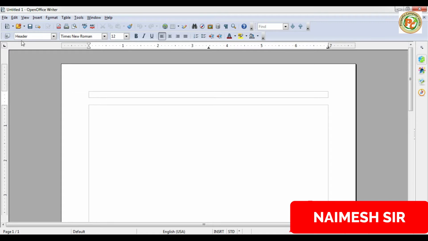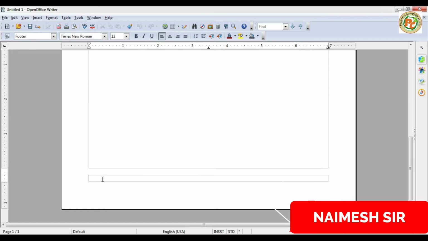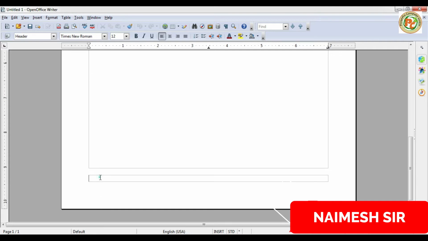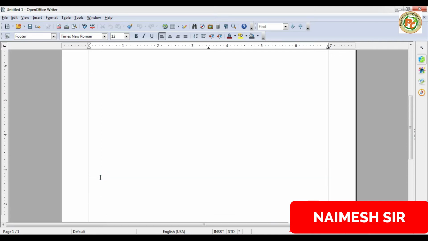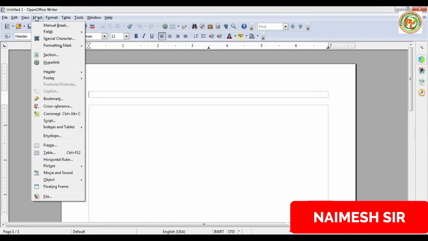Similarly, if you want to add the footer, go to Insert and click on Footer. So remember, students, the header will be added on the top of the page while the footer will be added on the bottom of the page. Now if you want to add some fields inside that, like page number, date, title, anything, how do we add it? We can click on the Insert tab and Field, and you will find the Field option from here. These kinds of fields we can enter.